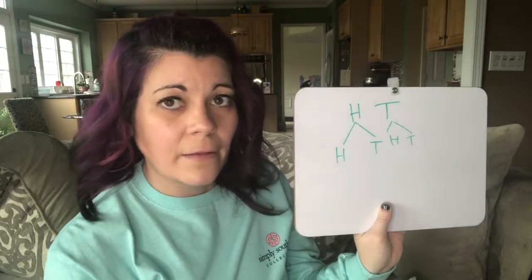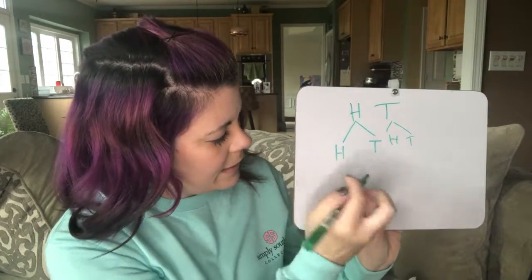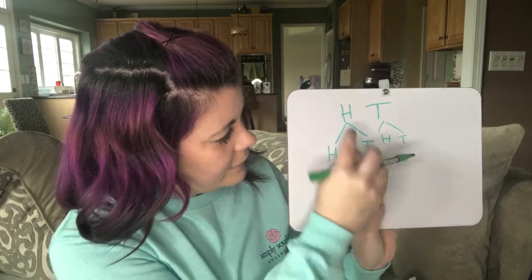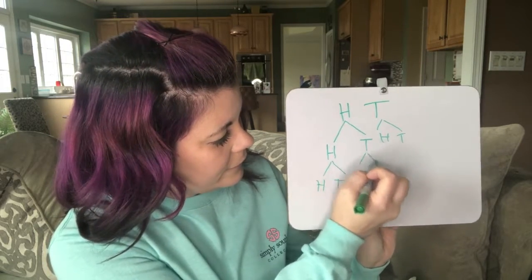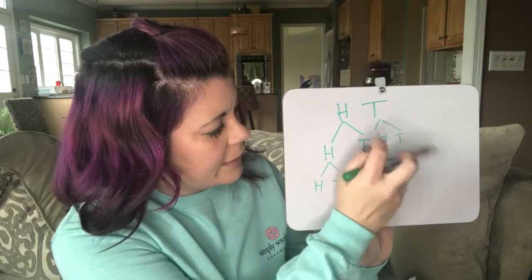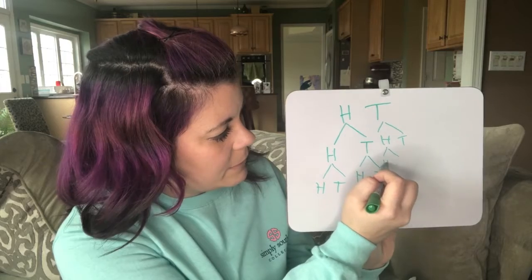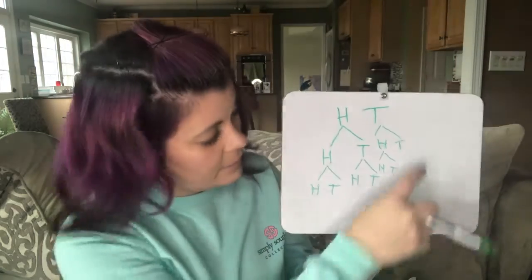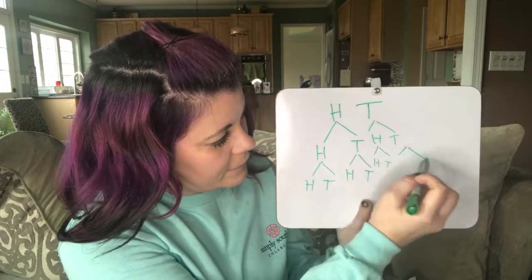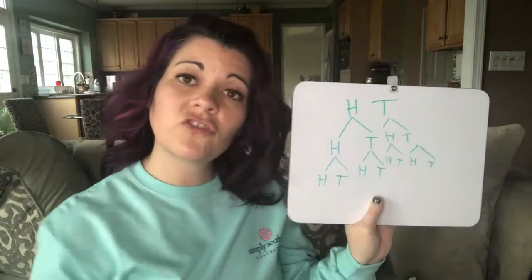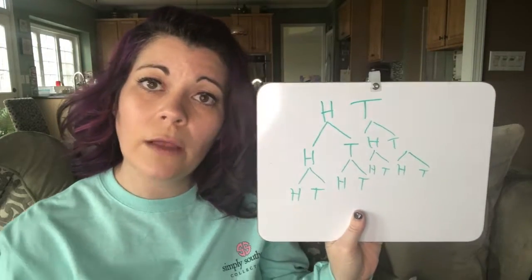Now let's say I roll heads and then a heads. The third time, I can still roll a heads or a tails. If I roll a heads and a tails, I can still roll a heads or a tails the third time. If I roll a tails and a heads, then the third time I can still roll a tails or a heads. And then if I roll a tails the first time and a tails the second time, the third time I still have a chance of rolling a heads or a tails. So this tree right here gives me all the